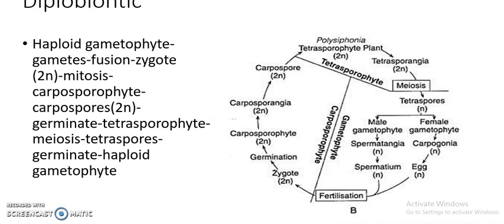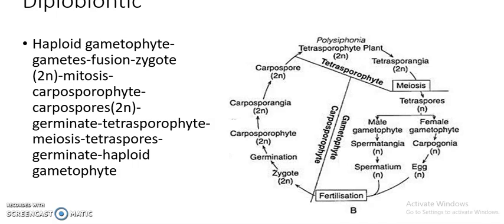In haplobiontic, the zygote undergoes meiosis to produce carposporophyte, but here the zygote undergoes mitosis to form a branched filamentous carposporophyte. But this carposporophyte, as you see in haplobiontic, remains attached to the gametophyte. So a haploid and a diploid plant, and this carposporophyte produces carposporangium, and the carposporangium produces carpospore by sporogenic mitosis. Then the carpospore liberates from the gametophytic plant body, and it germinates in a suitable substratum to produce